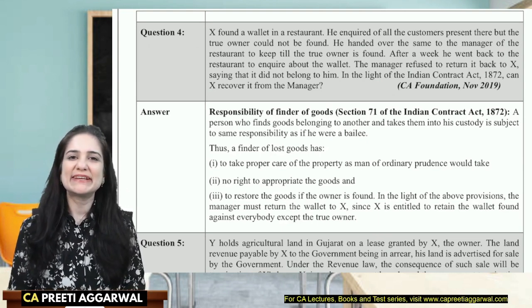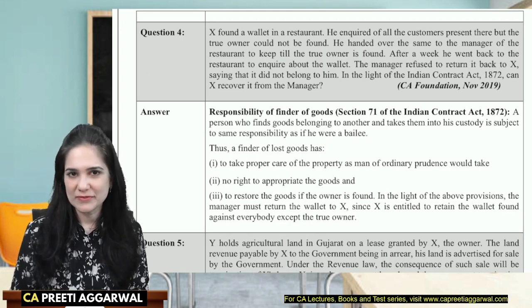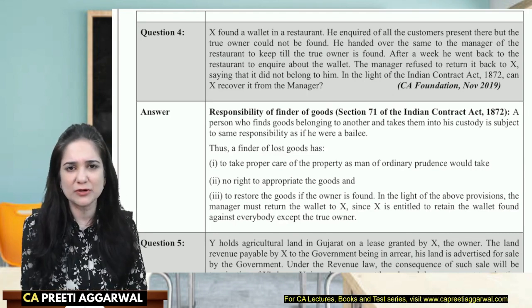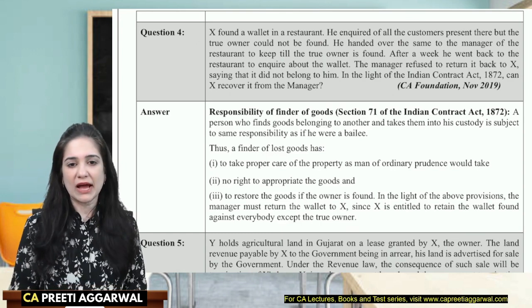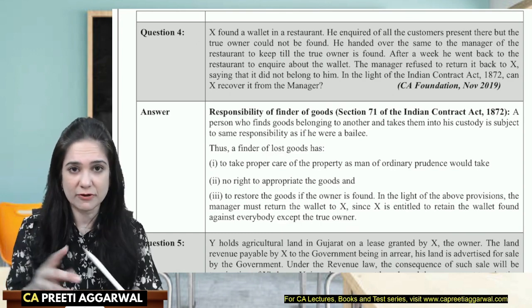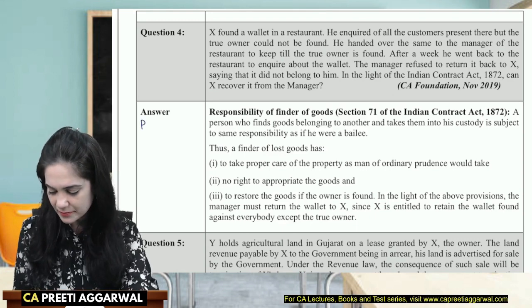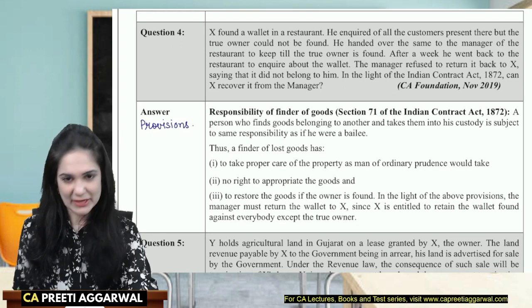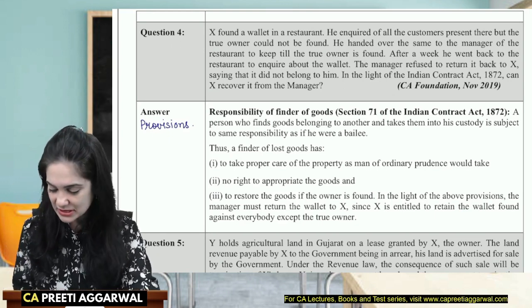So over here, basically they want you to write the responsibilities of a finder. Yes, he acts like a bailee. So you can write extra points over here. You can explain a few more points of a finder. And the answer format which you need to write, I've already discussed this in the earlier lectures, but still, provisions. Now this format is not recommended by ICAI. That is why you will not find it in the compiler right now, because ICAI has given this model answer.